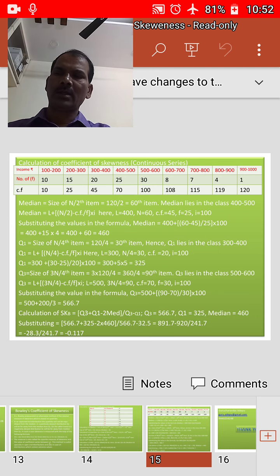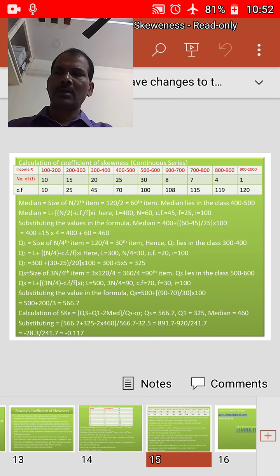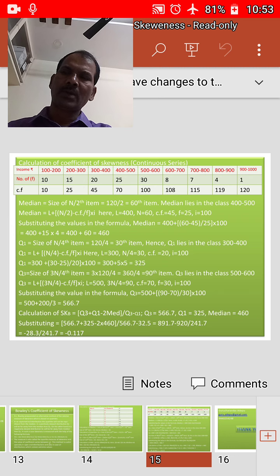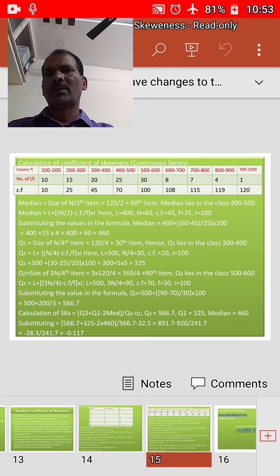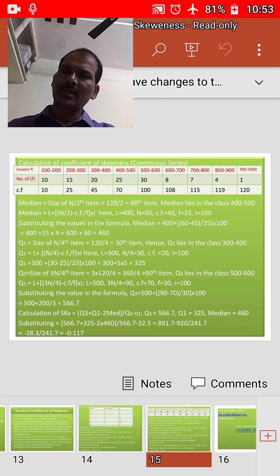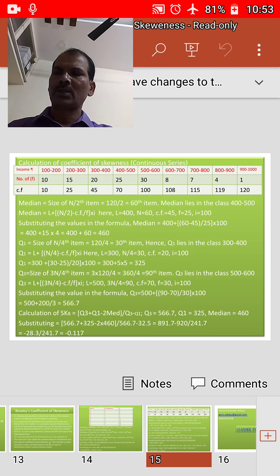Now calculation of Bowley's coefficient of skewness: SKB is equal to (Q3 plus Q1 minus 2 median) by (Q3 minus Q1). Q3 is equal to 566.7, Q1 is equal to 325, median is equal to 460. Substituting these values in the formula, SKB is equal to (566.7 plus 325 minus 2 into 460) by (566.7 minus 325). If you simplify this, you will get 566.7 plus 325, 891.7 minus 2 into 460,